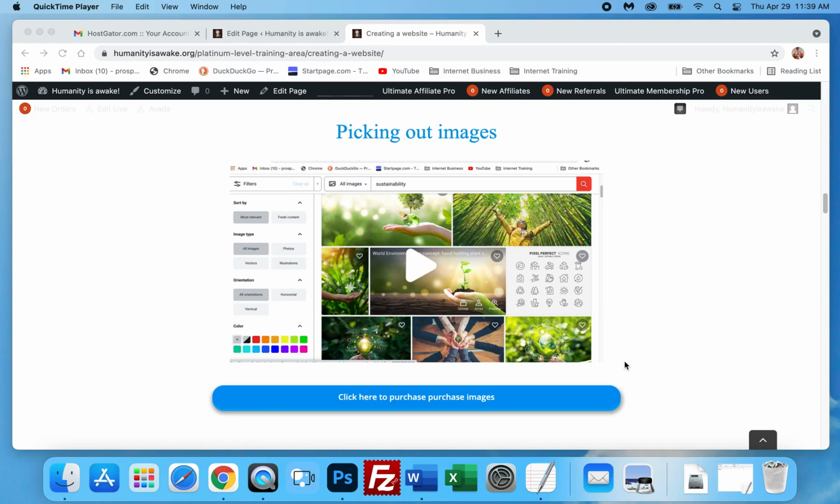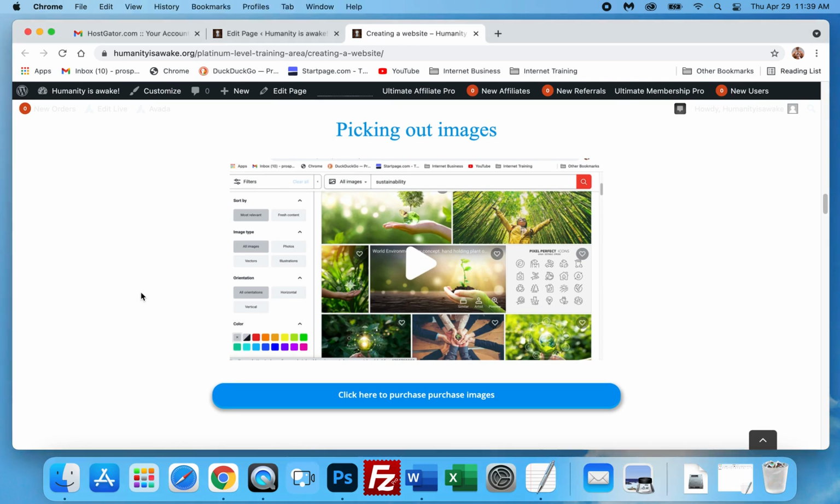Okay, so here we are at our picking out images video at our web design training. There are several ways to find images, and we're going to go over the main ones here. But if you just open up a search engine and put in the kind of images you want, woodworking images, science images, living your dreams images, whatever kind of images you want,